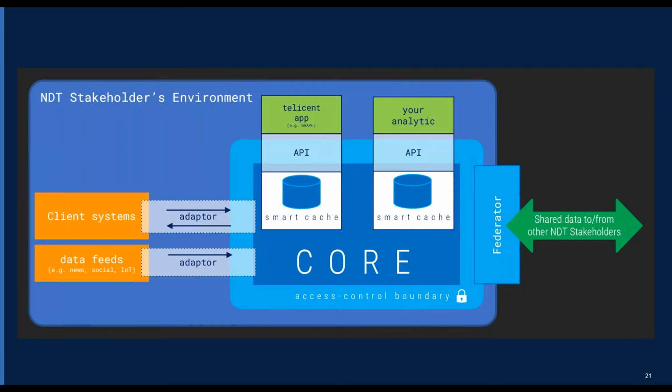Once all of that cleansing, resolution and mapping has happened, the information is then mapped into these smart caches, where again the attribute-based access control secures it. So effectively, Core takes care of all those really tricky problems around the high-friction areas that we always come up against when we try to share information. All of those controls and aspects, and ultimately the legal and commercial arrangements that will need to be in place, will be built into that